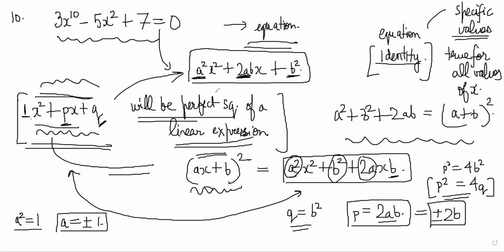It is important to look at the question and not go in with any preconceived notions. As soon as you saw the question, you started saying discriminant and all. But discriminant comes in only when you actually think about an equation. If you had to solve an equation, you would have used the discriminant. But right now, he's not even asking you for any equation. He's just asking when it will be a perfect square of a linear expression. So just go with a blank slate. Don't assume that you know what is going to happen. Just see what is there, and accordingly adjust your solution process, right?